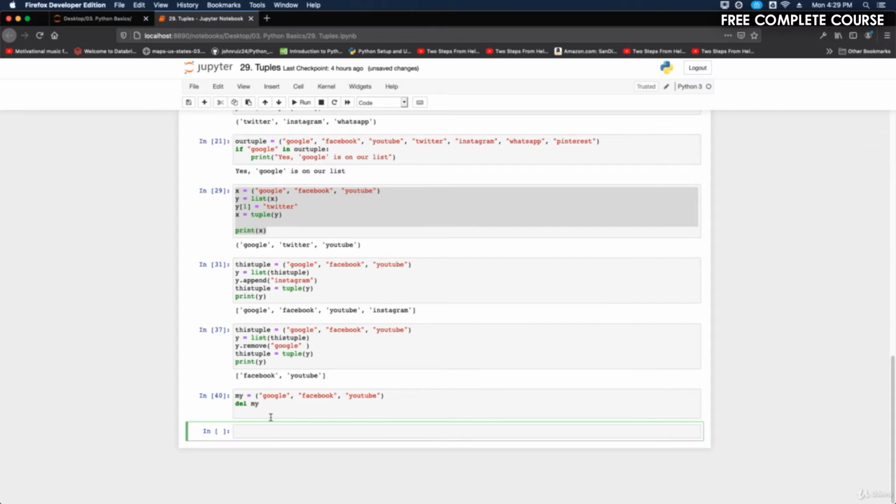Bear with me. So we'll call this my tuple instead of this tuple, and we'll do equals Google, Facebook, and YouTube again. Okay, so this is how we pack a tuple: Google, Facebook, and YouTube. So if I go back here, go down,